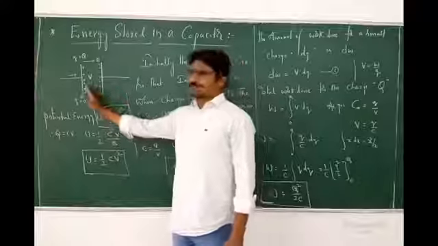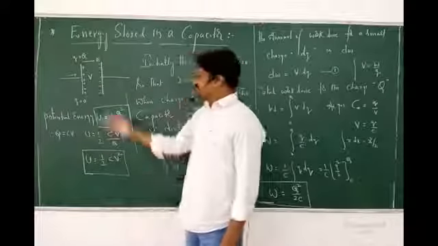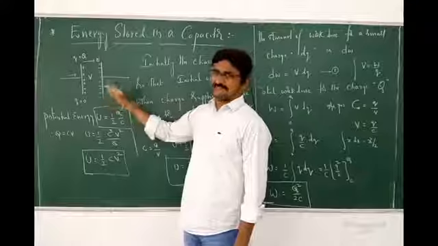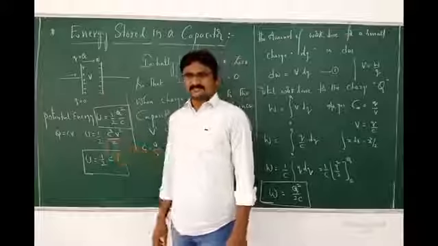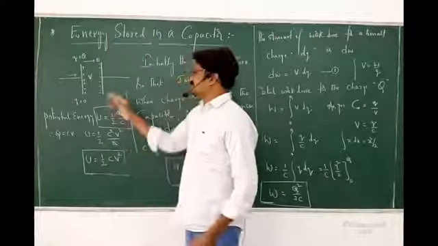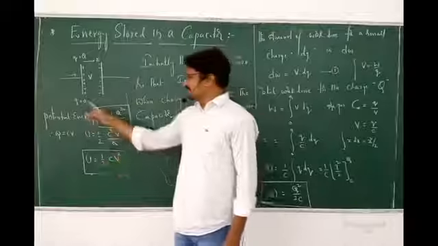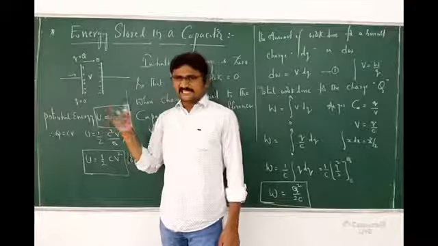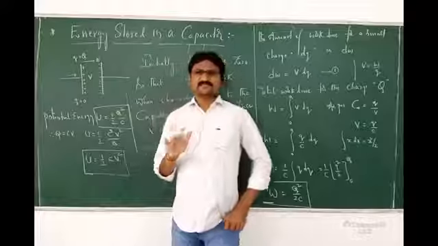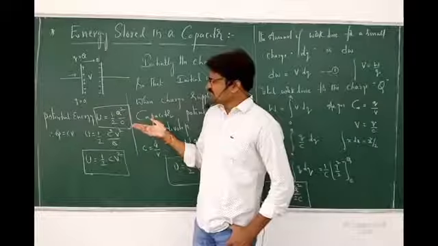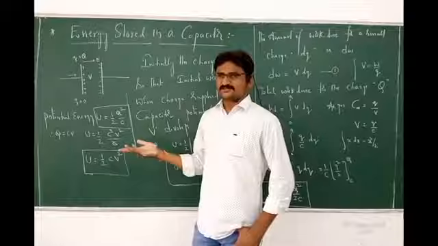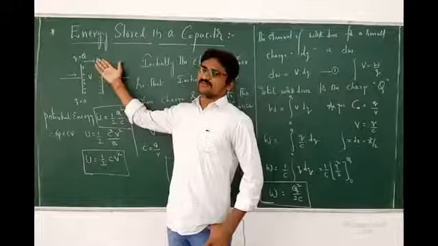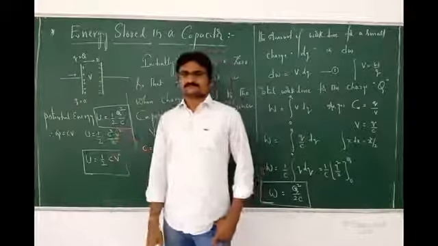Basically one plate only we require, but this particular arrangement is considered as a capacitor for what purpose? To develop a potential difference. So when the potential difference develops, initially the charge is zero, it is an ideal metal plate, then what happens? Charge zero, then electric field also zero, work done also zero. When the charge goes on increasing, what will happen? The electric field develops, potential also develops.